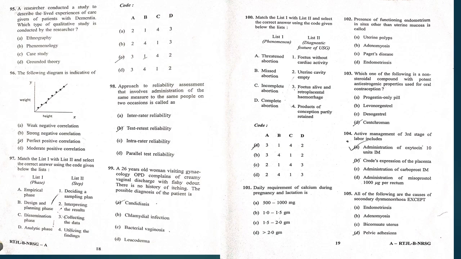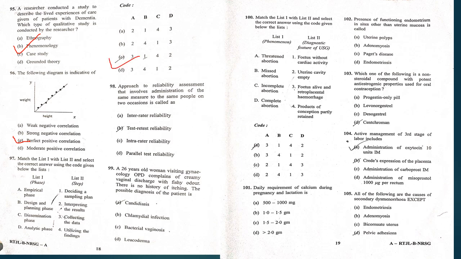রিসার্চার যখন কোনো কিছু নিয়ে স্টাডি করছে সেটাকে বলা হবে অপশন বি, ফেনোমেনোলজি। এই যে এইখানে দেখো যে ডায়াগ্রামটা দিয়েছে, এখানে এই যে কোরিলেশনটা মানে এক্স আর ওয়াই এর মধ্যে কোরিলেশনটা, এক্স বাড়লে ওয়াই বাড়ছে, এর একদম দুটোই পারফেক্ট পজিটিভ কোরিলেশনে আছে, ঠিক আছে? অপশন সি। 97 ওখানে কি বলেছে যে অপশন এখানে সি হবে।